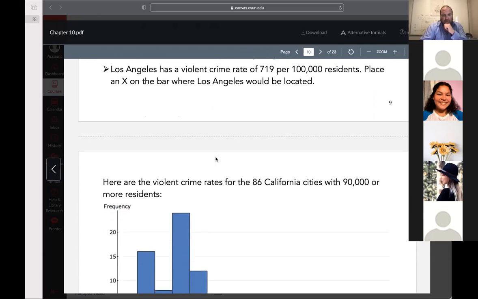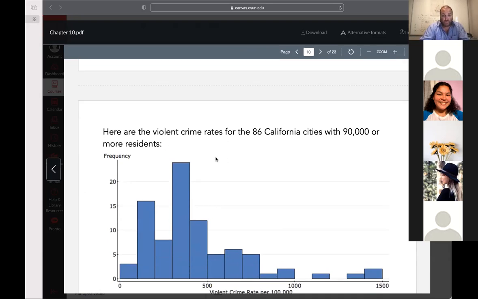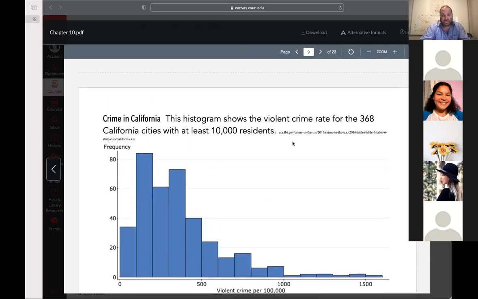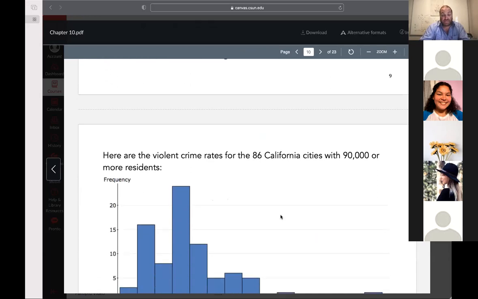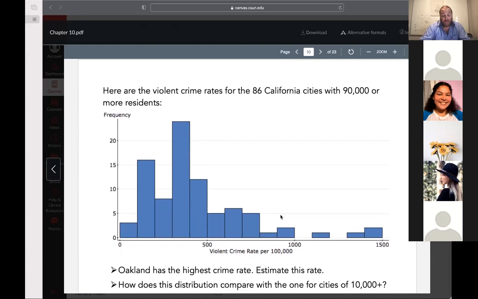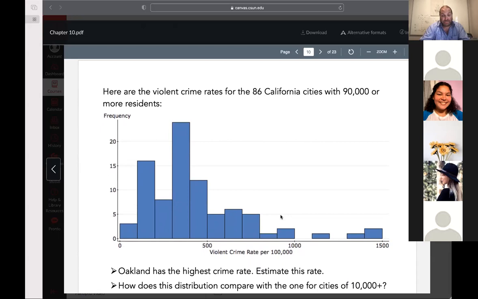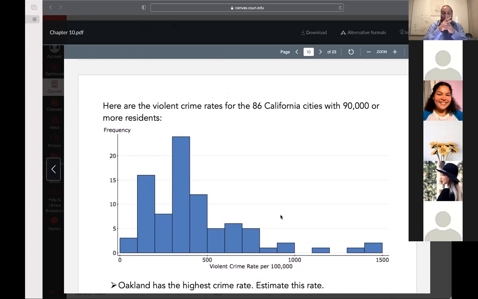Here are the violent crime rates for the 86 California cities with 90,000 or more residents. With 10,000 residents, there were 368 cities. But now with 90,000 or more residents, we only have 86 cities. And it says Oakland has the highest crime rate. Estimate this rate. If you had to give a guess for Oakland's crime rate,